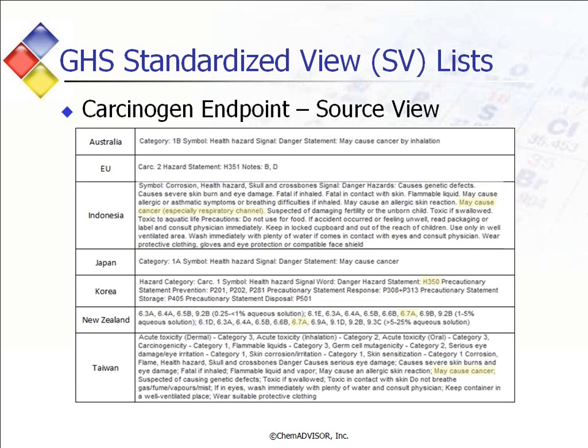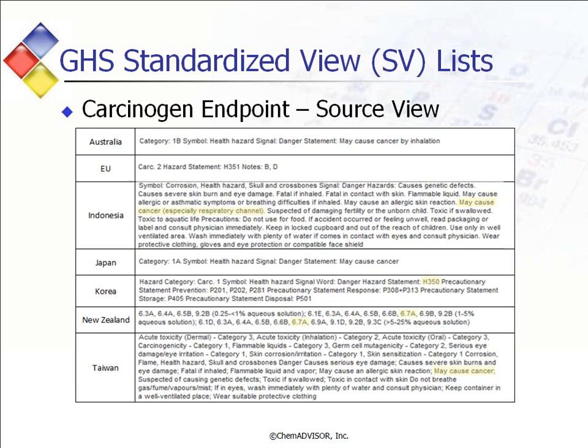So you see the first entry on the first line there applies for the substance when present at 0.25 to less than 1% in a mixture, and then carcinogenicity kicks in above 1%. From 1 to 5%, you see the first occurrence of the 6.7A, and then finally, for greater than 5 to 25%, another set of